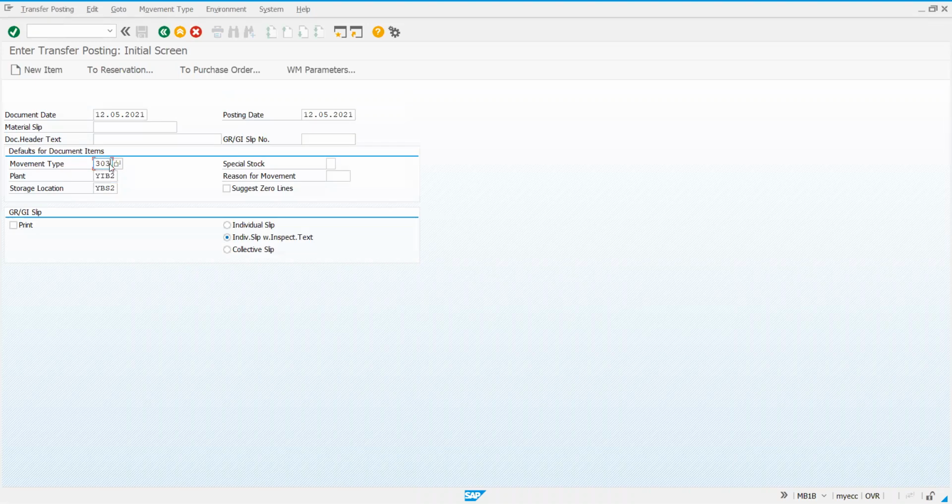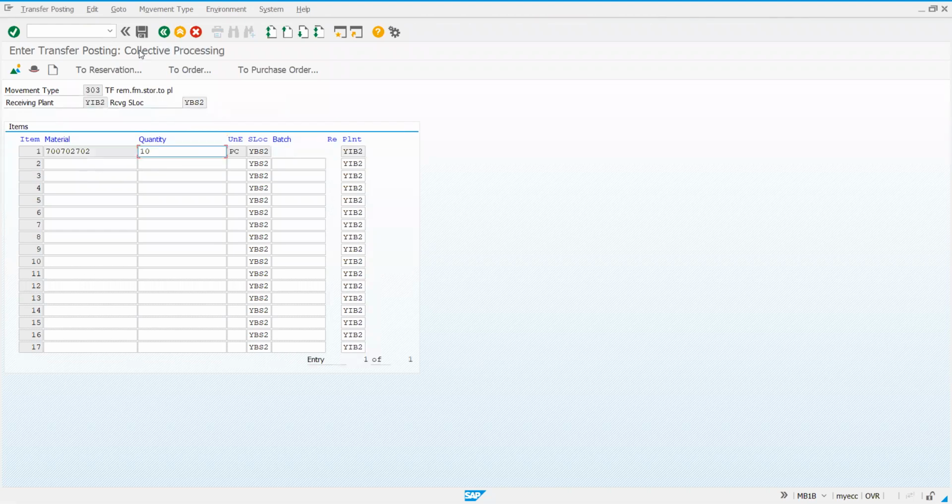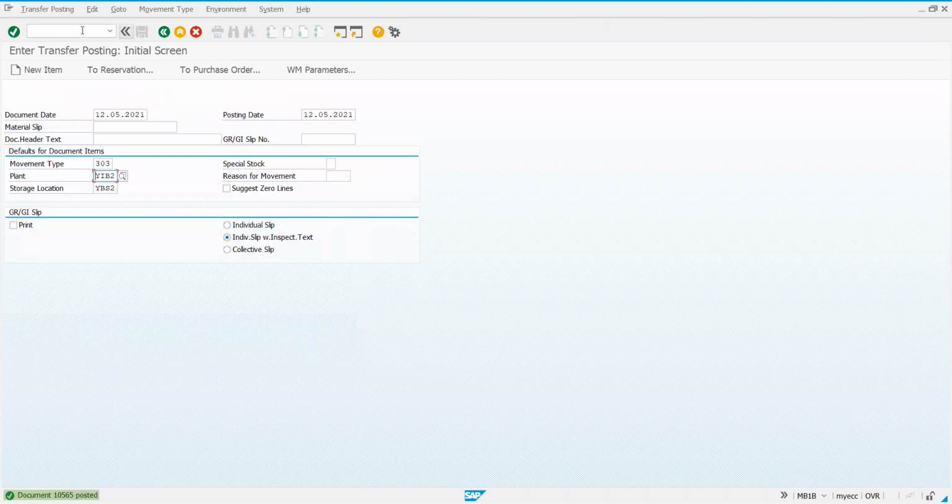I use 303 now. Receiving plant is YIB2. Storage location YBS2. I'll use same material because we have maintained it. Another 10 I'll take. I'll enter. Save it. Now MMBE stock overview.